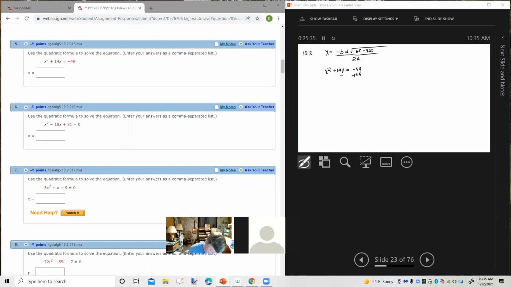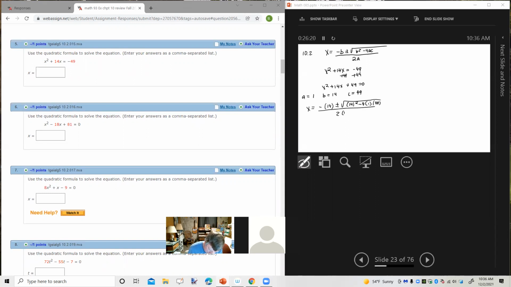So I'll add 49 to both sides of the equation. x squared plus 14x plus 49 equals 0. At this point, if there were any fractions or decimals or ways I could reduce this problem, I would, but there isn't, so we'll continue on. We've got a is +1, b is +14, and c is +49. So now we'll substitute those numbers in the place of the letters in the quadratic formula. So x equals -b plus or minus the square root of b squared minus 4ac